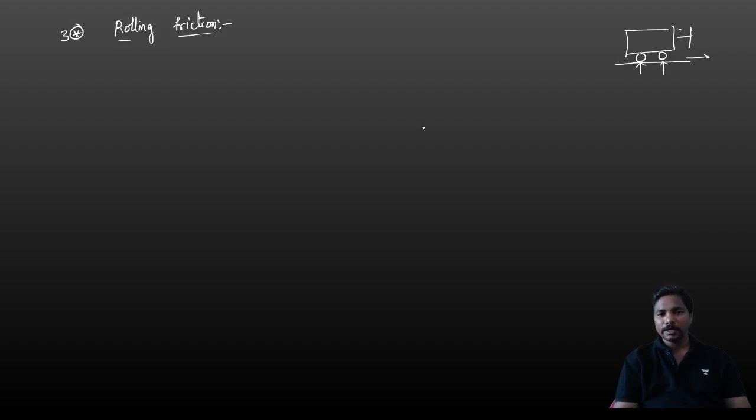Whenever your luggage bag has wheels and you drag it, it rolls over on the surface. At that time, the force of friction acting on it is nothing but rolling friction. Okay, when a body rolls over on a surface,